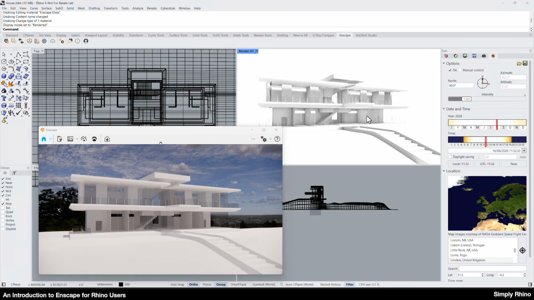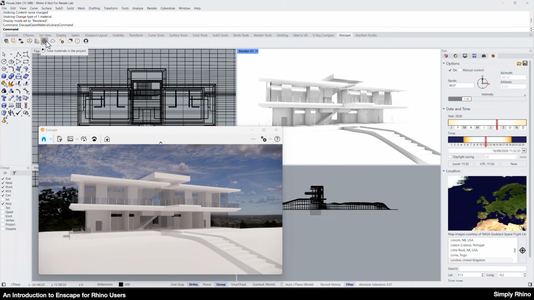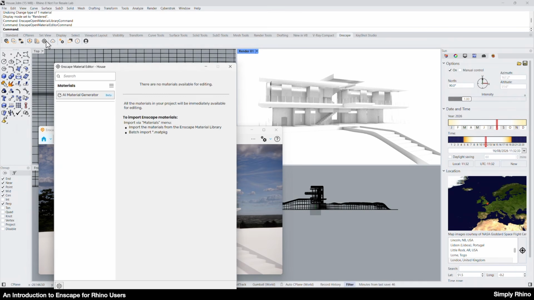Looking at the rendered viewport in Rhino, there are just two materials applied here at present: the default white material and a glass material. Both of these are Rhino materials. There are two Enscape toolbar icons to look at here. This is the Enscape material library, and this is where we can import predefined materials from a large library. This next icon here is the material editor, and this is where we can adjust materials once they've been brought